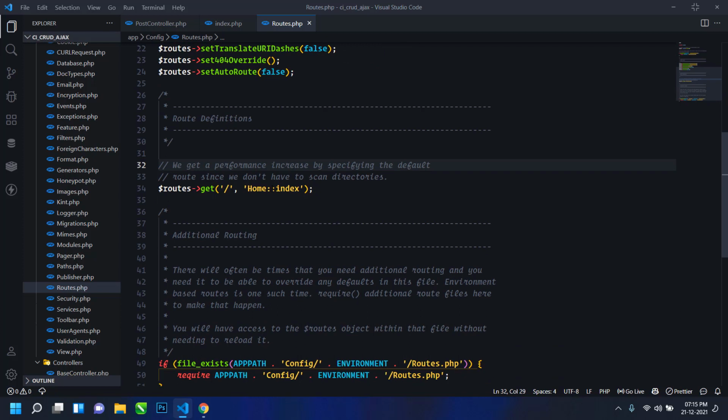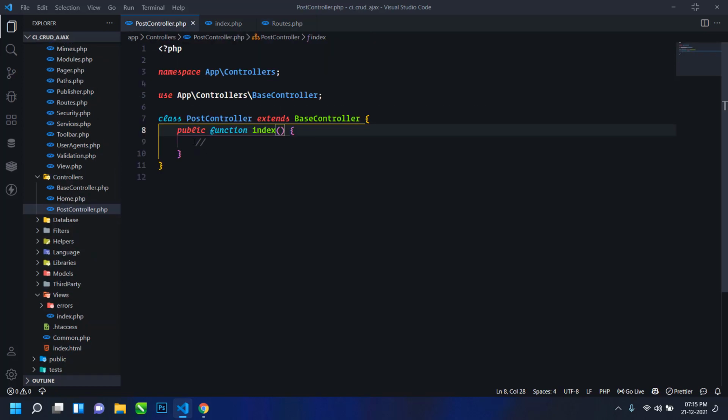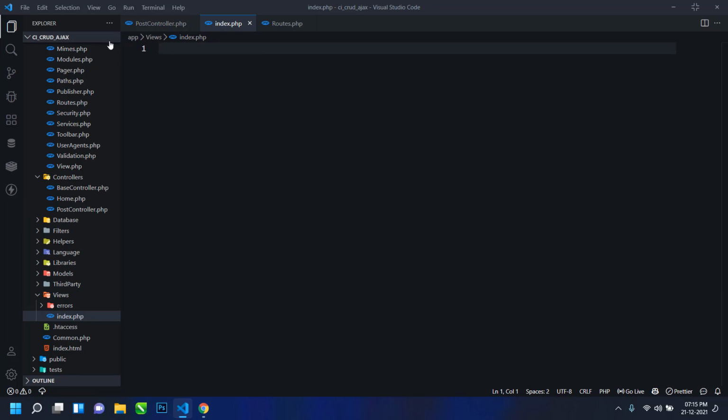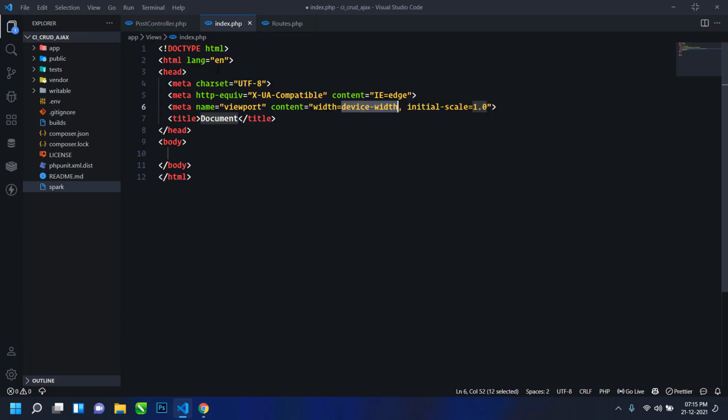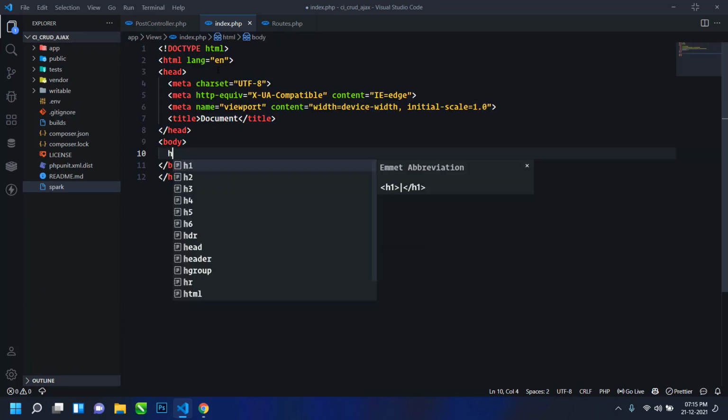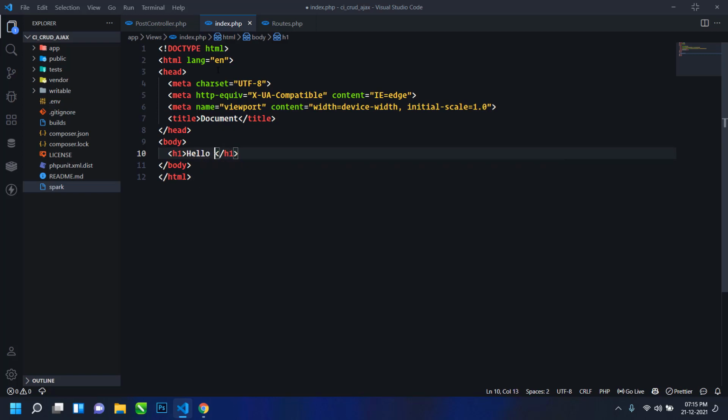Just change the controller to PostController and the index method. Now go to the PostController.php file, and in the index method, go to this index.php view file, and here I will write a message like hello world.